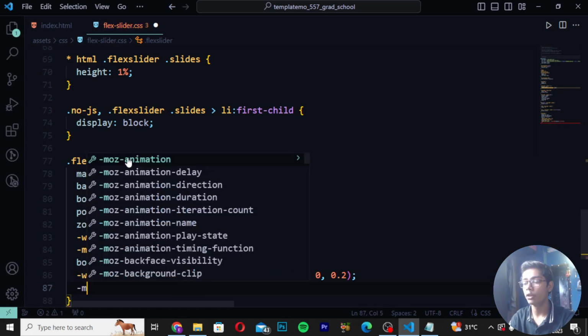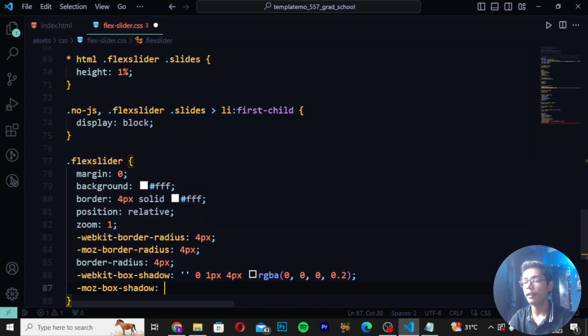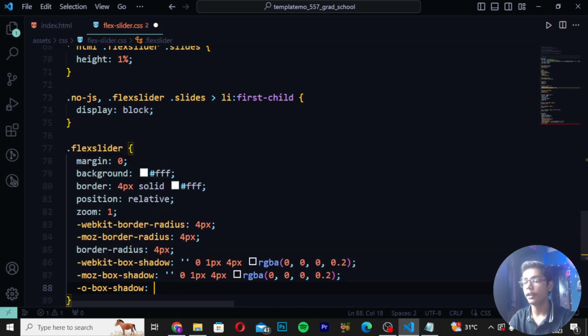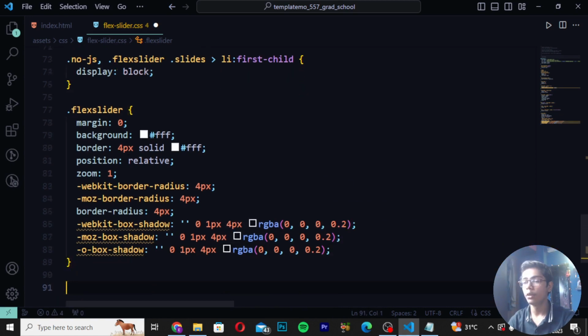Here I will be writing -moz-box-shadow: 0 1px 4px rgba(0, 0, 0, 0.2). Then you have to write -o-box-shadow: 0 1px 4px rgba(0, 0, 0, 0.2). Then you have to close this tag, and after closing this, you have to move down and write